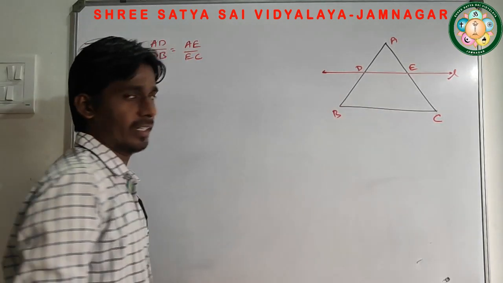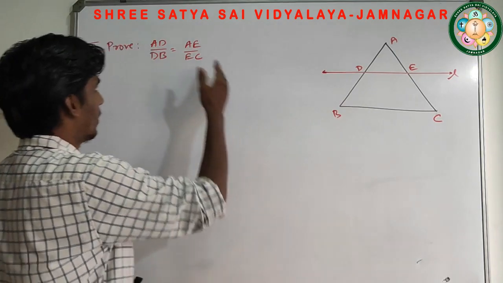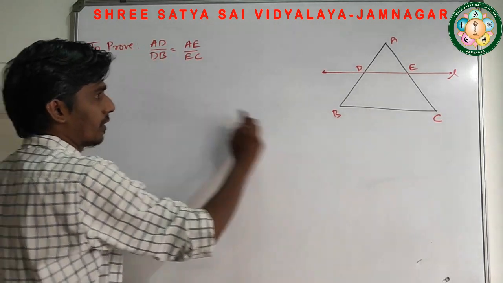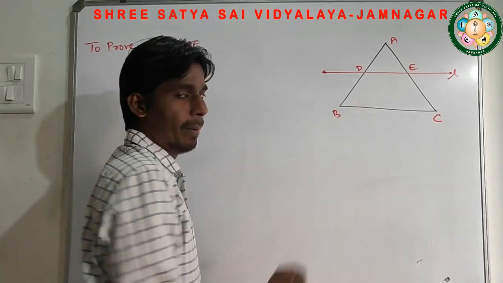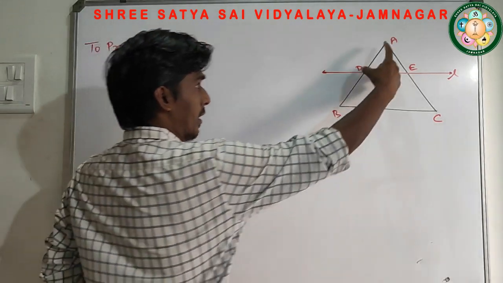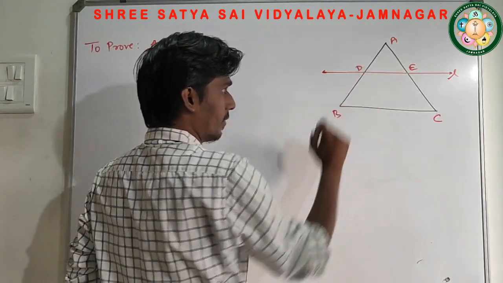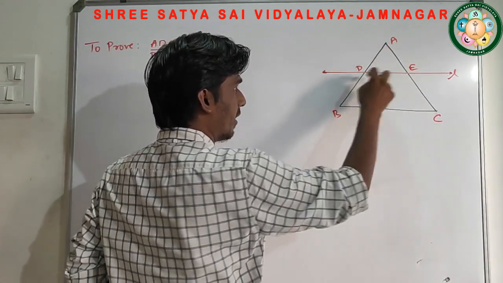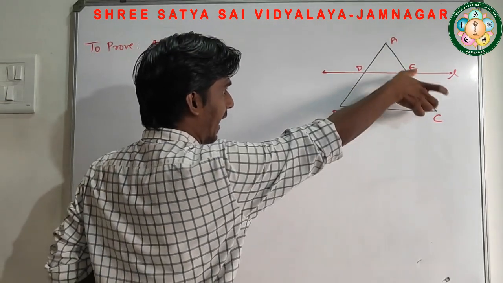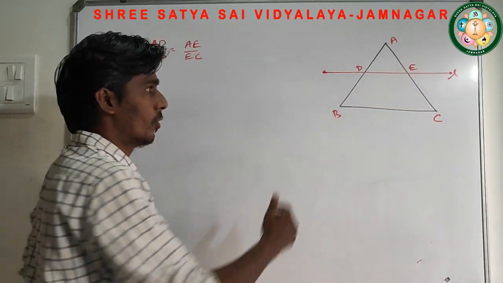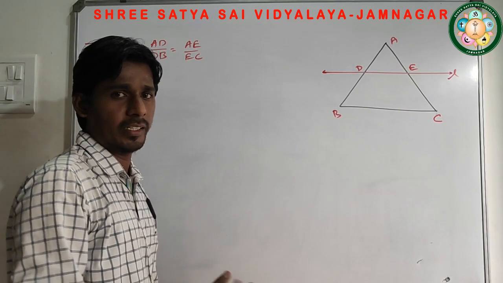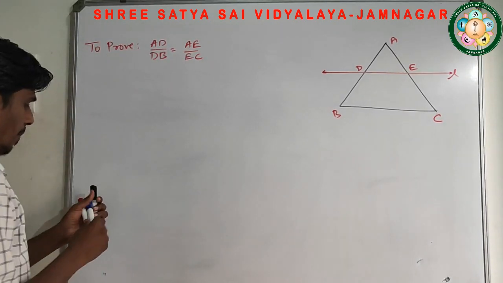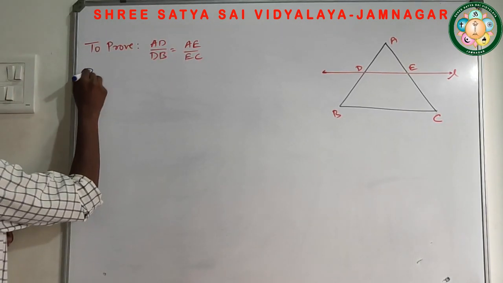Now this is what is given in the triangle. To prove this, here I want DB. Here DB is there, but it is not a part of any particular triangle. AD is a part of a triangle, AE is a part of a triangle, but BD and EC are not a part of a triangle. For that we are going to construct a triangle. So in the proof you are going to write: